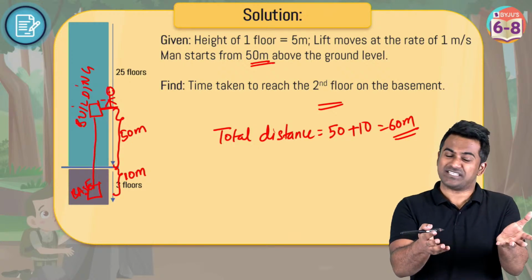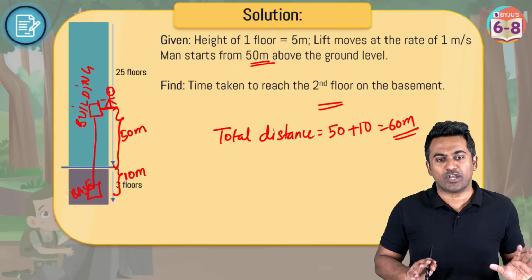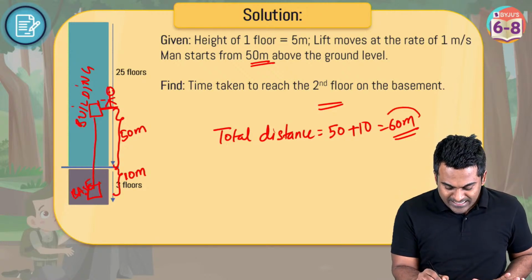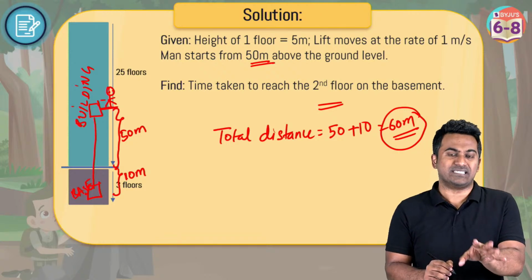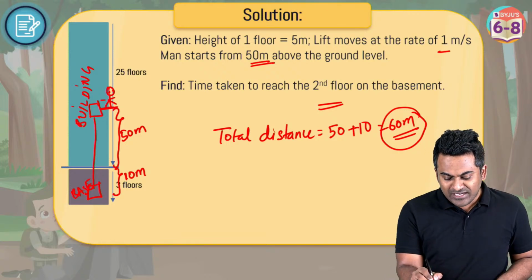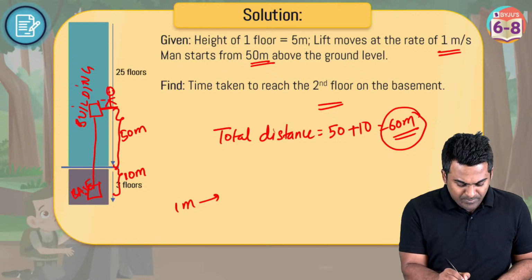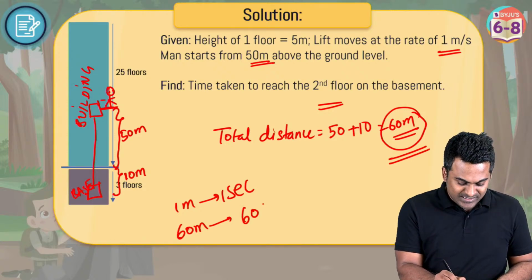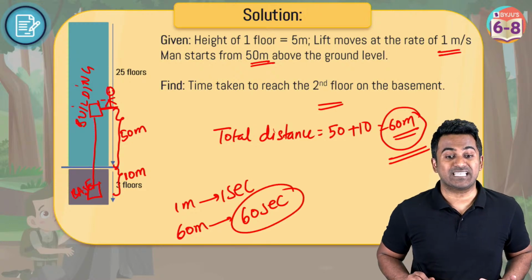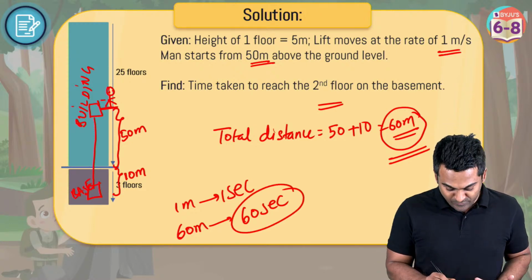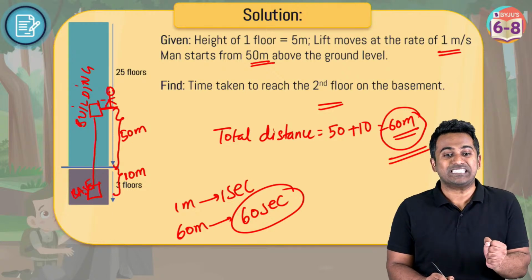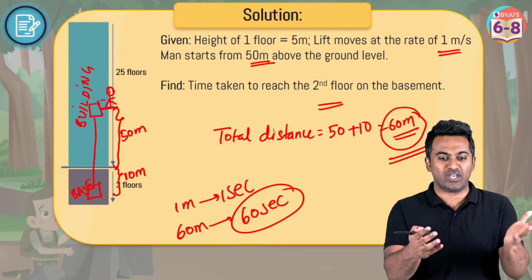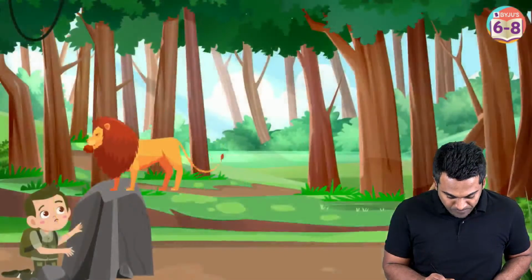This time is less. I understand that. 30 seconds are not enough to solve it. But yeah, I just wanted you to understand the question. So now you've understood that 60 meters is the total distance that the lift has to travel. Now the lift covers how much? The lift covers 1 meter in 1 second. So to cover 60 meters, it is quite obvious that the lift is going to take 60 seconds. That's about it, and for that reason the correct answer was 60 seconds. So this was the last question. Just make sure you have done this drawing and you should be able to answer this one correctly as well.